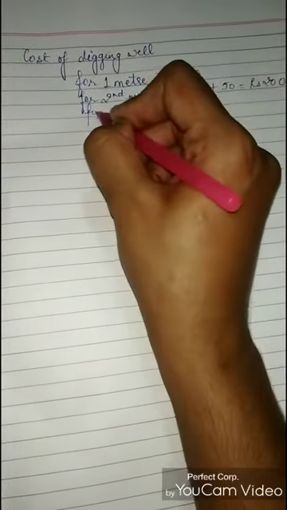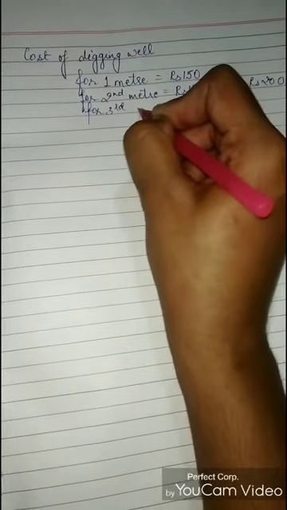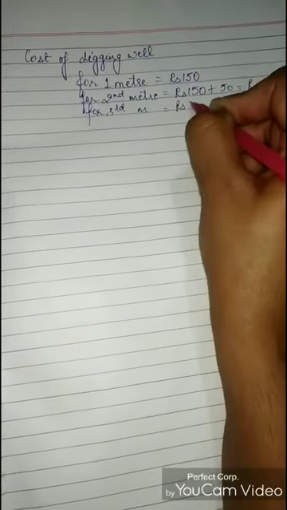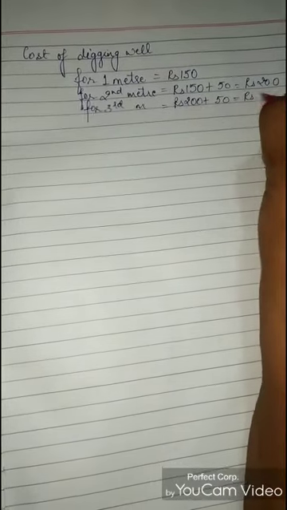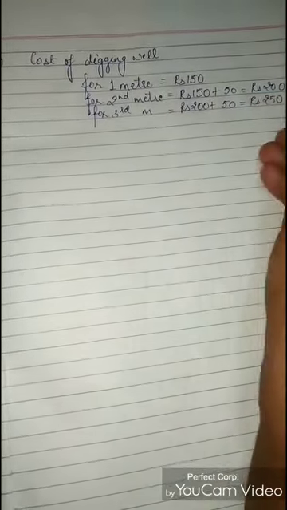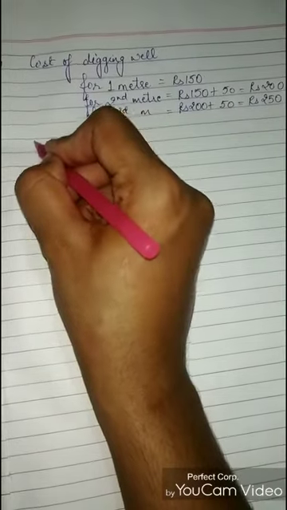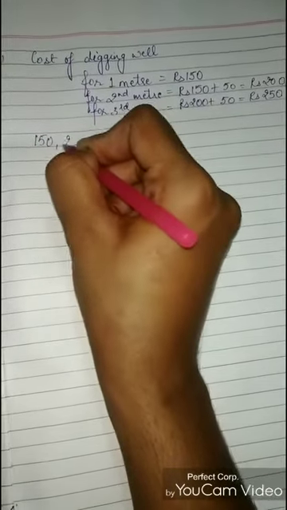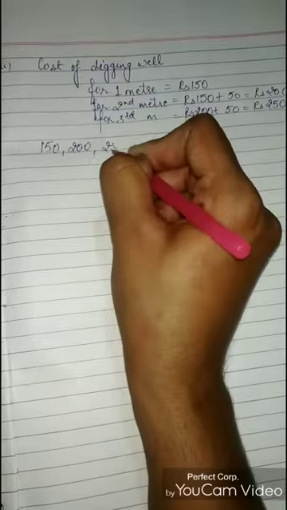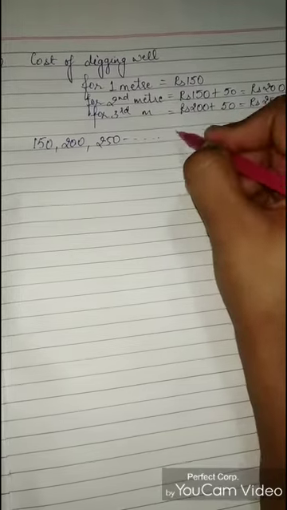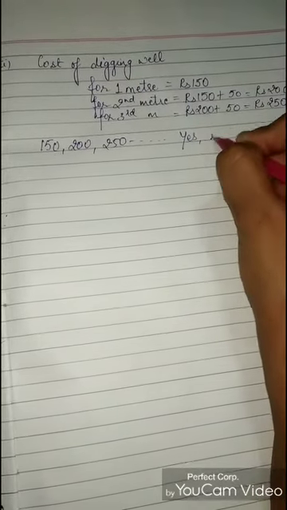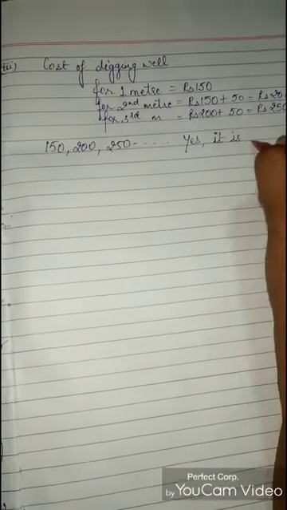For the third meter it is rupees 200 plus 50, so it will be rupees 250, and similarly further. So here the series is 150, 200, 250 and so on. Is this in AP? Yes, because the common difference here is 50 each time. So we'll write yes, it is in AP,